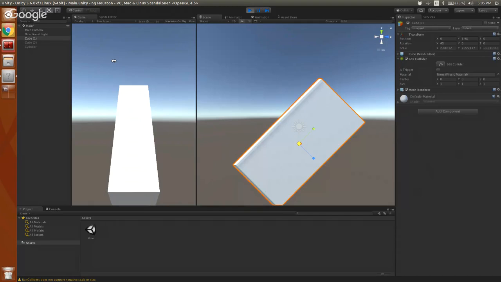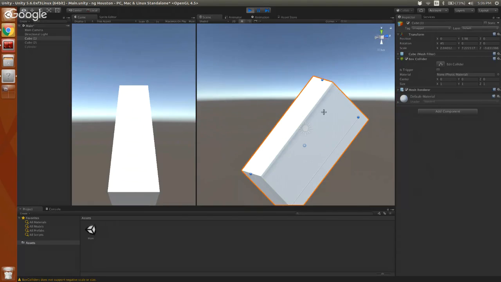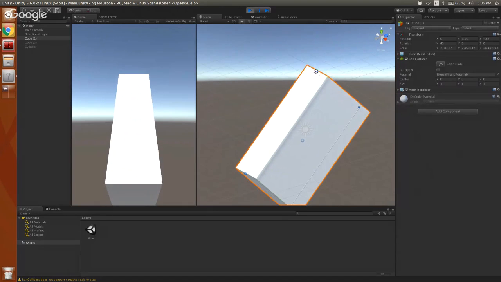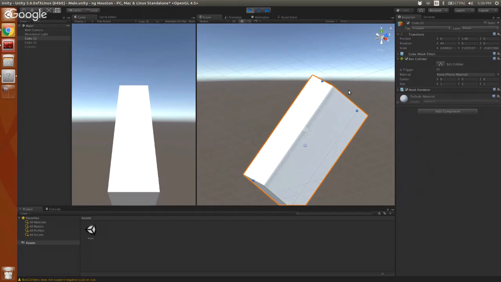Hey, Abe, so back to what Alex was saying, if you did want the cubes to balance on each other, how would you do that? Okay, let me cover the last control here, and then I will get to that. Oh, yeah, sorry. This last control is the box collider editor. So if you wanted this collider to be something completely different, you hit this, it gives you these little tiny blue handles, and then I can grab those and deform the collider. I don't think I'm going to be able to click these easily, but it lets you deform the collider.